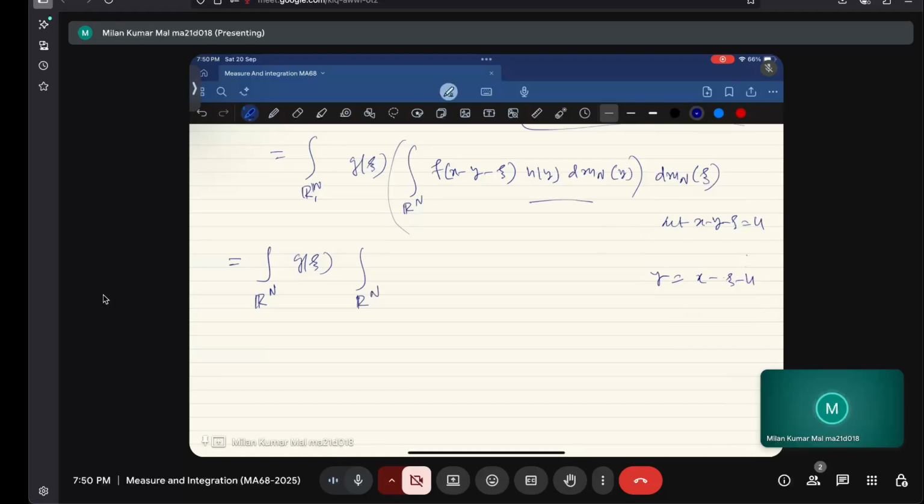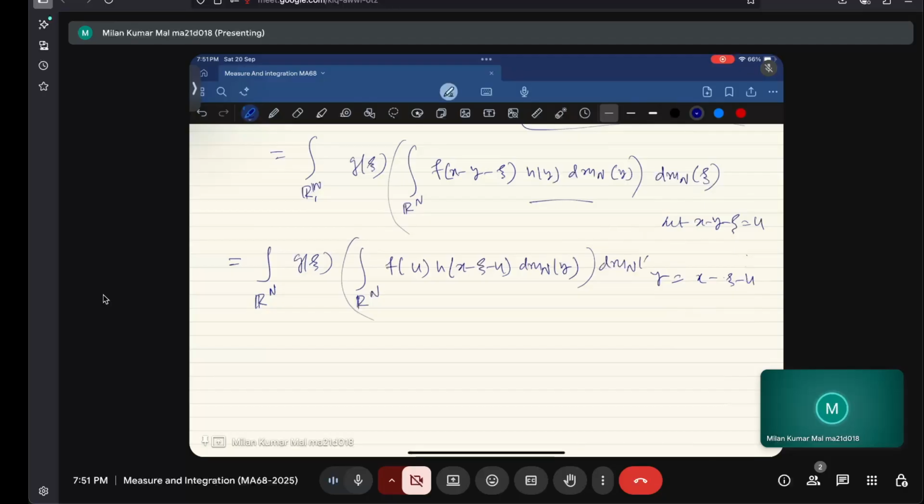So if we take this equal to u, this will be like f at the point u, h at the point x minus j minus u, dm y,